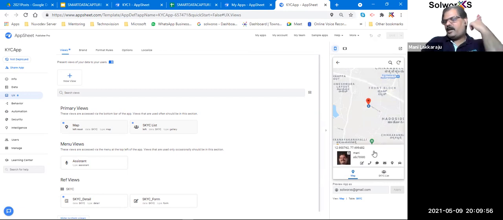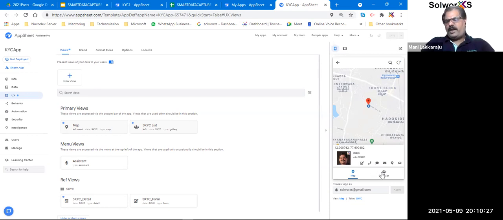Ravi, you had a question, right? Can it automatically capture the address? Here what it is capturing is the lat long of the location. So I don't need to give the address. Wherever the customer keys in the form, that is taken as his address. We can give multiple options for him to do a lot of other things, right? So when I click this, it goes here. And again, when I tap on this car icon, it takes me to the Google Map.